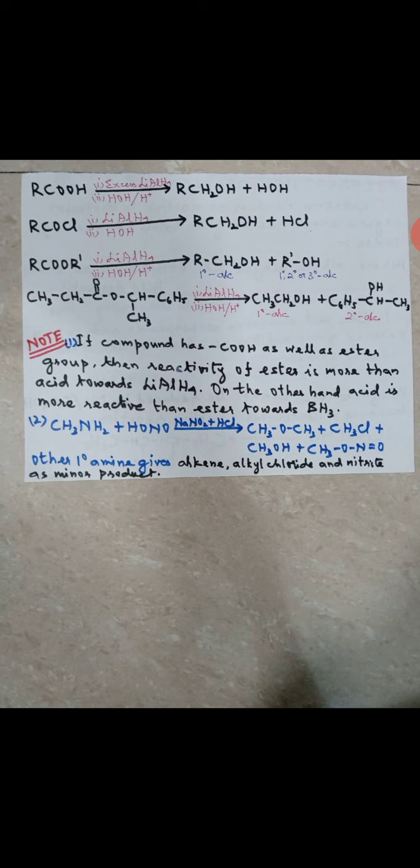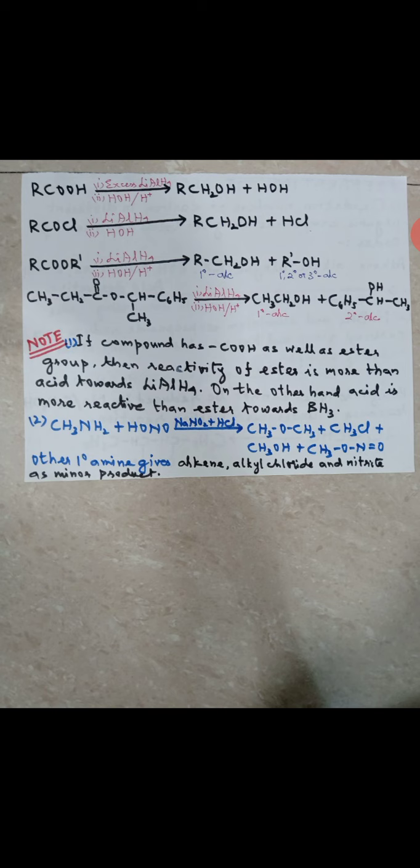If I take acids, RCOOH, then what will happen? In the presence of excess LiAlH4 and undergoing hydrolysis, the first step is reduction, and the second step, you can see step 1, step 2. Do you know what is the meaning of this? The first step is reduction in presence of excess LiAlH4. Got it? LiAlH4 acts as a reducing agent. And the second step is hydrolysis in presence of acidic medium. It will give you alcohol and water.